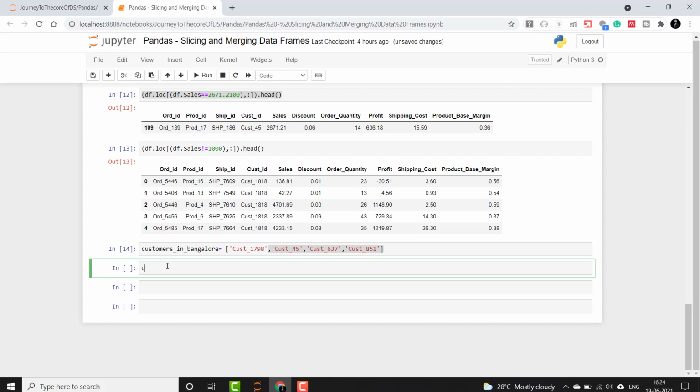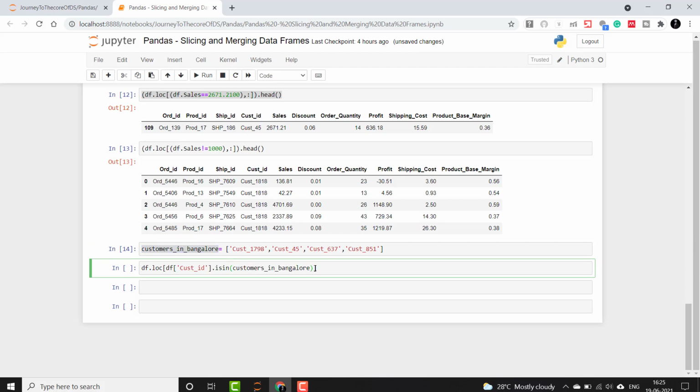I will say df.loc, and inside the square brackets I will use df with customer ID, which is the name of the column. Then I will use the isin function and, just like we do in Python, I will pass this list here.